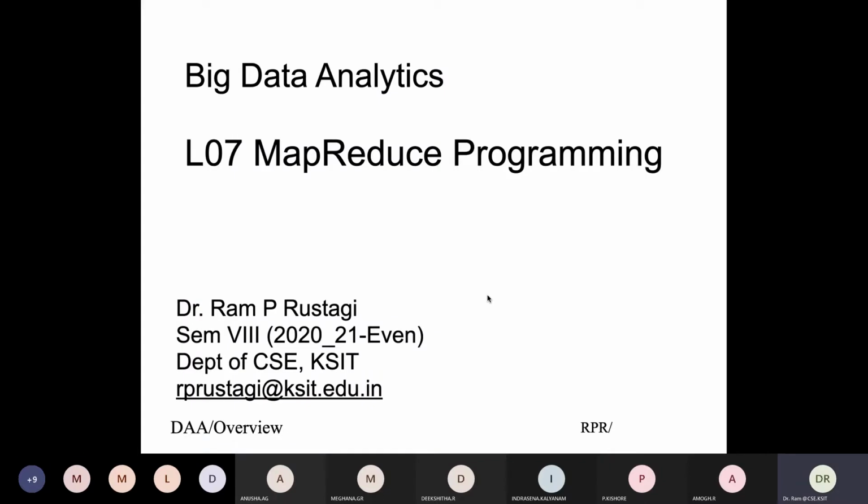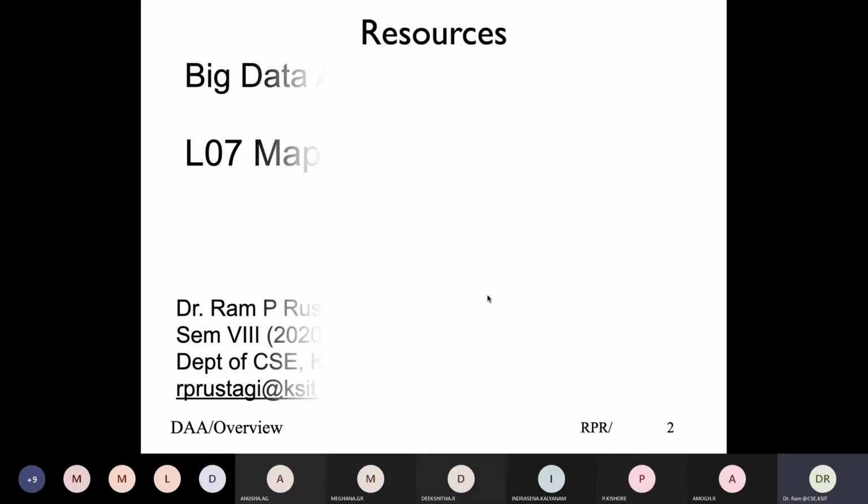Okay, so we'll continue with our MapReduce and we will look at the basic Java program that is given as part of the book as an example. Also, we will look at the streaming interface so that you can use the same MapReduce framework in other languages as well. And take some examples, look at it, and that should help you write a program for whatever you like to do.